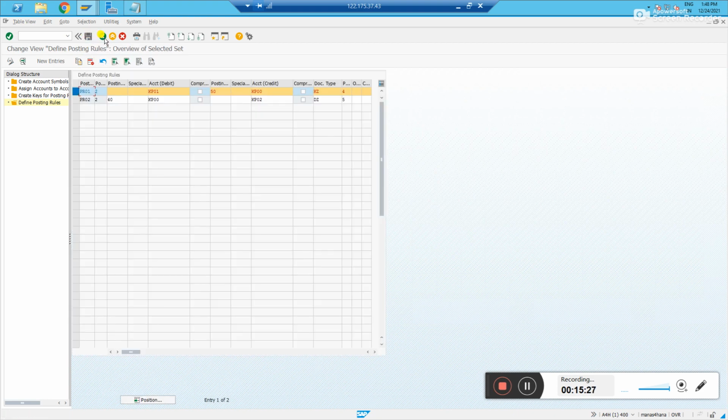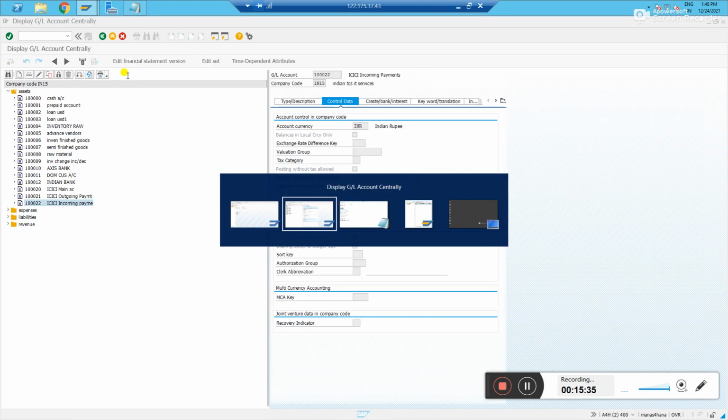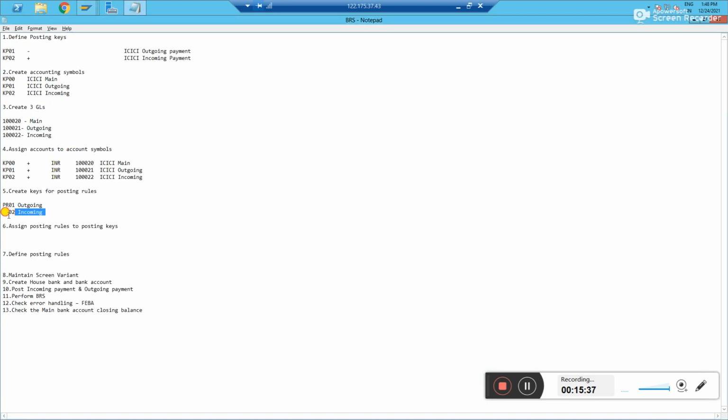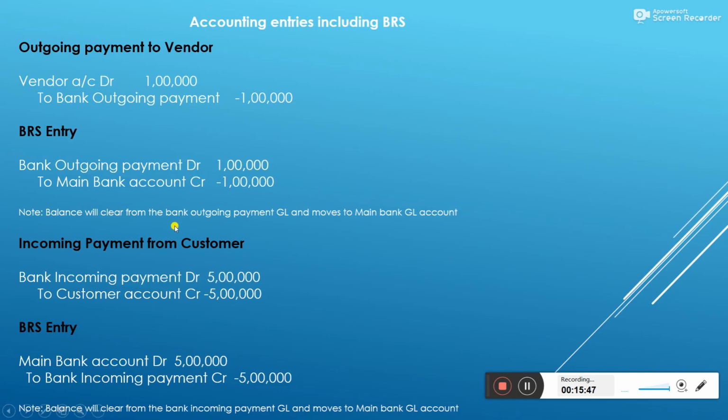This is for outgoing. If you see the incoming posting rule we have created, PR02, which is a rule defined for incoming PR02. Okay, and the posting area 2, and you see in this case if you look at the real posting, incoming time bank incoming payment account is debited.